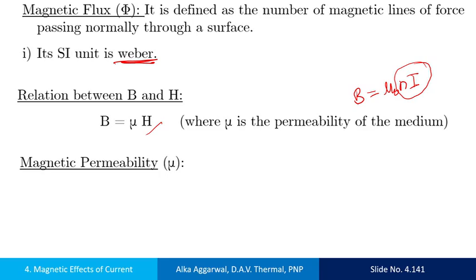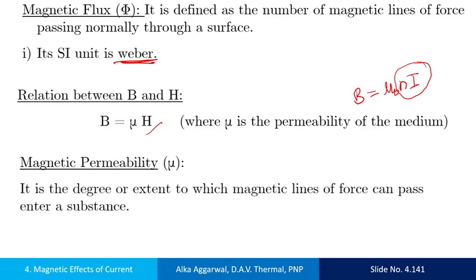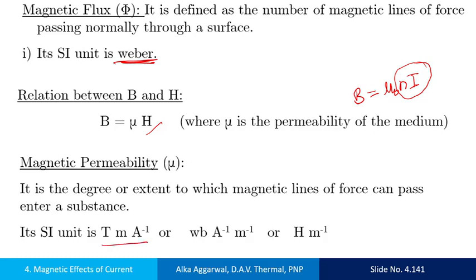Magnetic permeability is the degree or extent to which the magnetic lines of force can enter a substance. It plays the same role as permittivity, which you have studied in electrostatics. Same is the permeability in magnetism. The unit of the permeability is Tesla meter per ampere or Weber per meter per ampere or